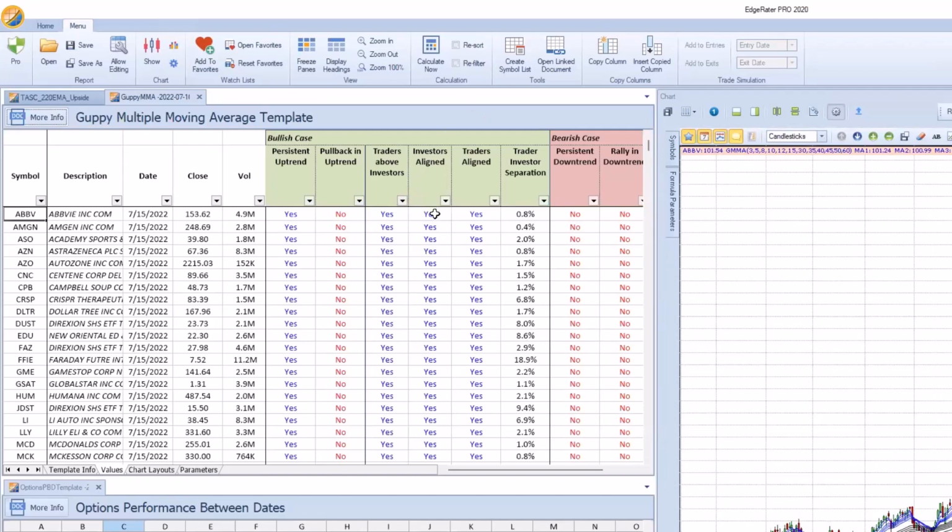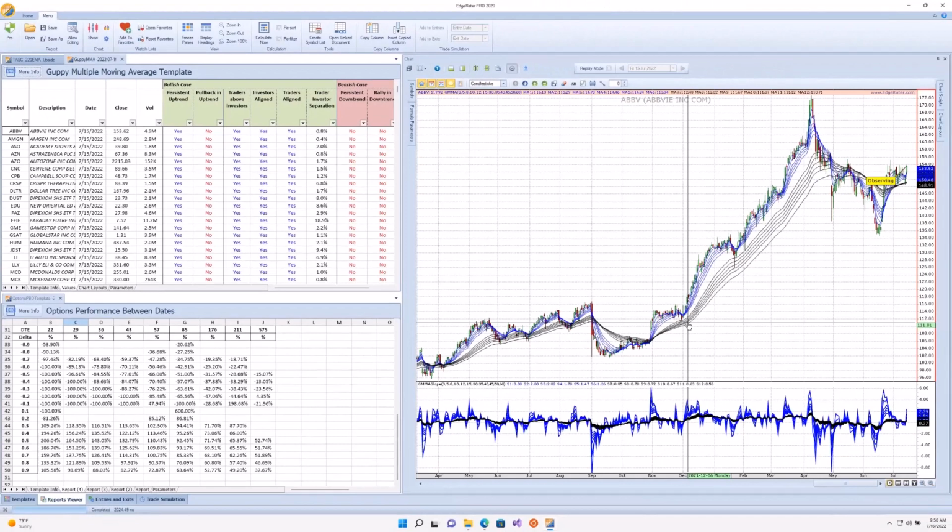Are the investors aligned, i.e. do you have this fanning out? So you don't have a mismatch where, when you've got moving averages, sometimes the longer periods can be below or above the shorter periods, but a natural place in an uptrend is for shorter time frame moving averages to be above longer time frame moving averages. So that's just talking about whether they're aligned here. Investors are aligned, traders are aligned, and then there's a separation between the trader investor group of 0.8%. So again, this is trend trading, and